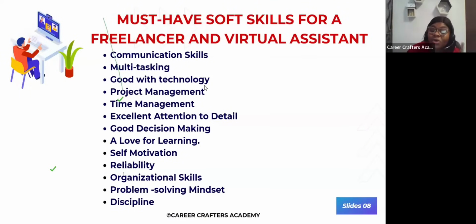And then sometimes you also need to learn to say, okay, this one has passed my power, I cannot do this, so I need to take it to the people at the top. It is good decision making to know when to say this one I can handle and when to say this one I cannot handle. Then another thing you need to have is a love for learning.